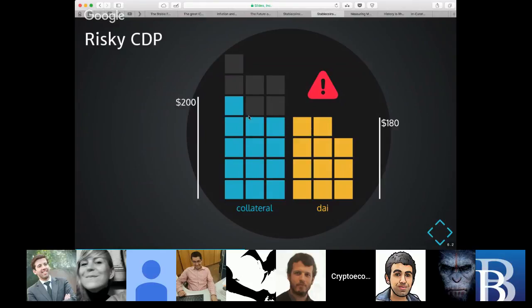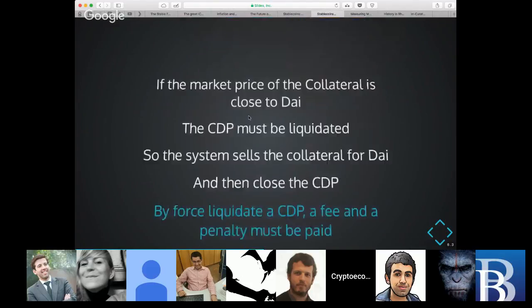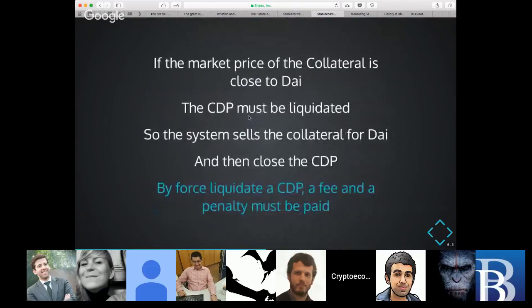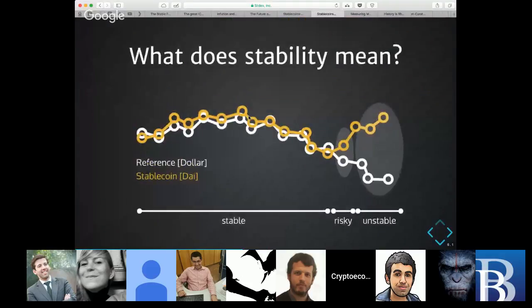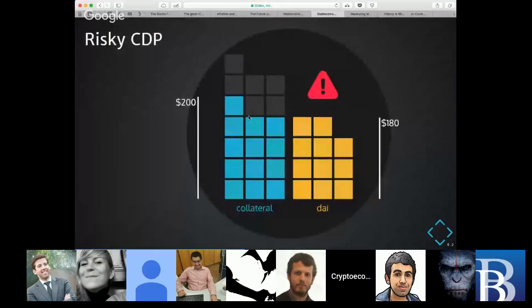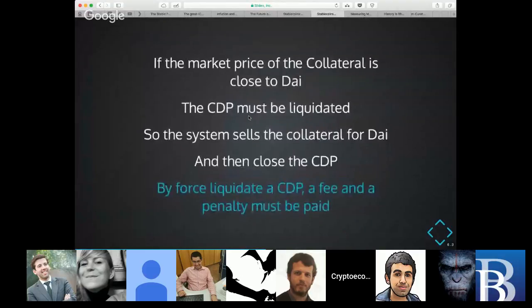But this is reaching the limit. In the other case, in the case of an unstable situation, the value of the collateral is going even below. But in the first one, the case where the price of the collateral is really close to the value of DAI, but not under,